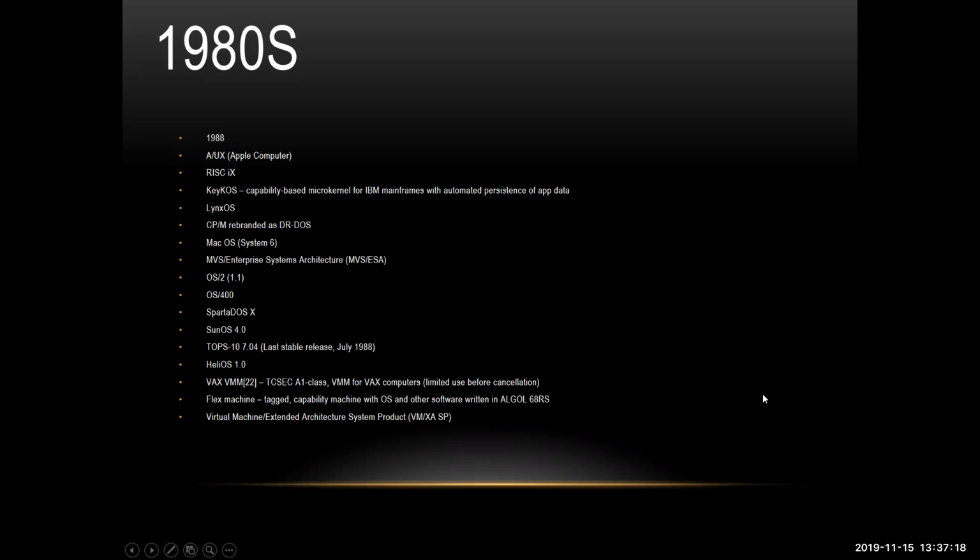And in 1988, we had the A/UX. It is a Unix-based operating system by Apple Computer, custom integrated with System 7's graphical interface and application compatibility. We also had the RISC iX, KeyKOS. We also had LynxOS, another Unix-like real-time operating system. And then CP/M was rebranded as DR-DOS. And then we had Mac OS System 6,